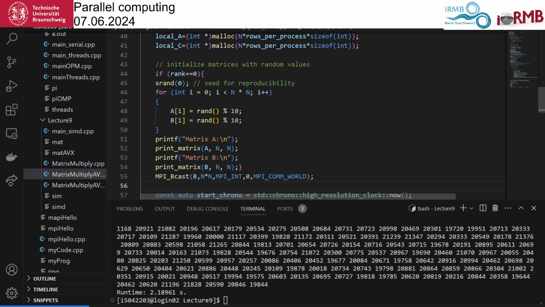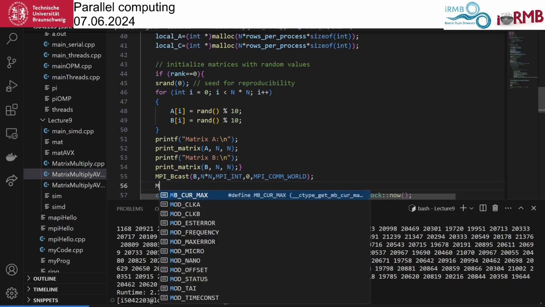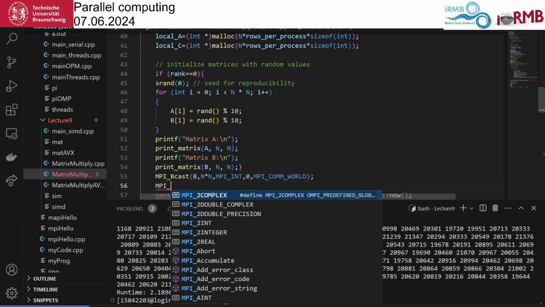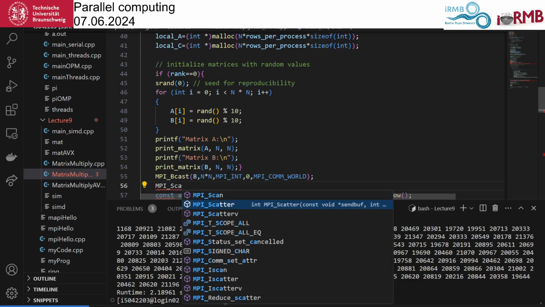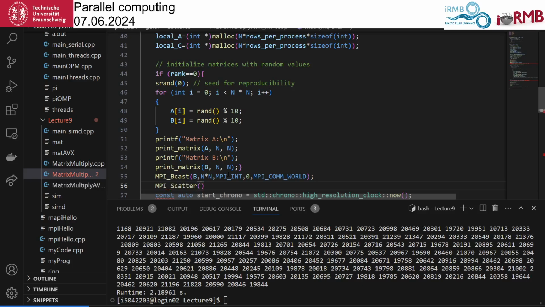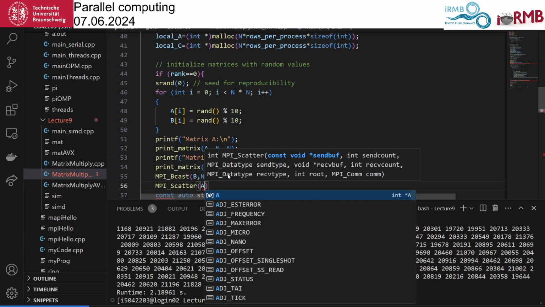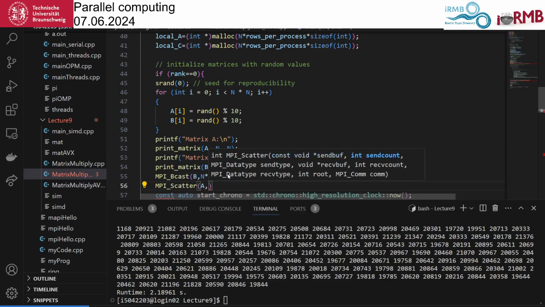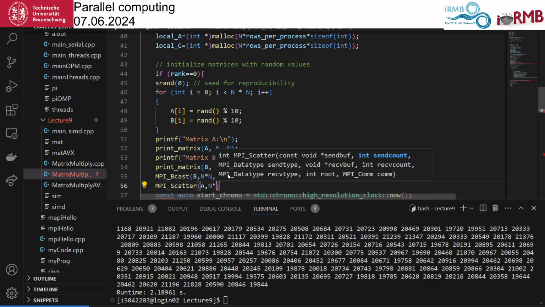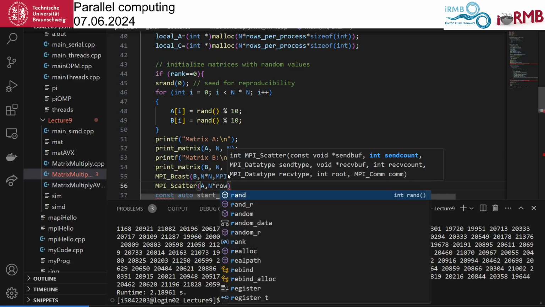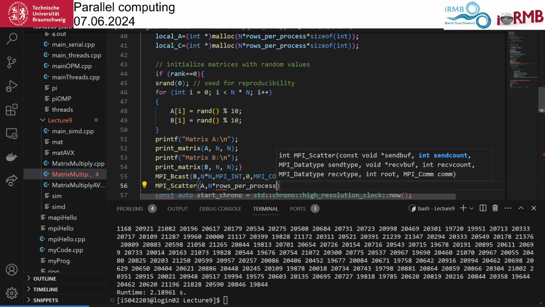Then the matrix A has to be scattered. So this is MPI scatter, and this is taking the matrix A, it's sending the matrix A, and it's sending n times the number of rows per process.